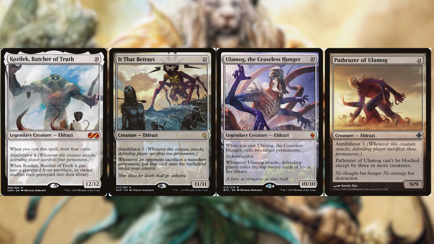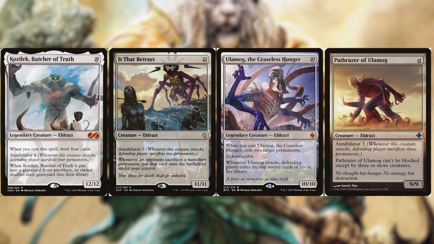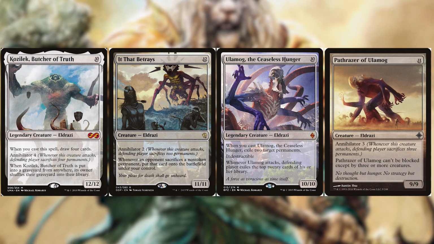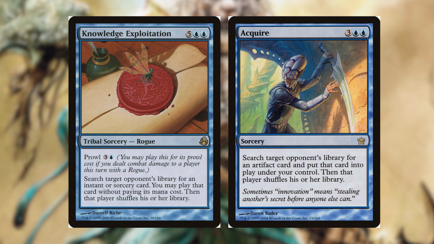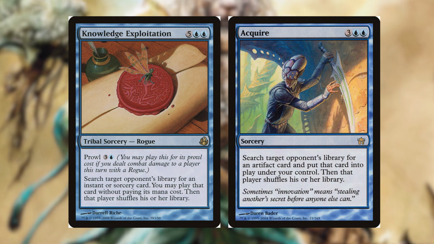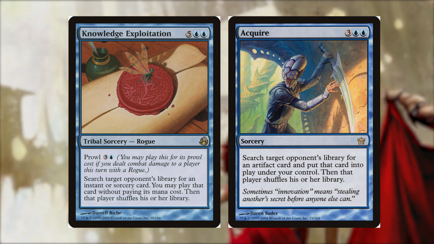It's indestructible, and when it attacks, the defending player exiles the top 20 cards of his or her library. This is a devastating card to have in the deck. We can even steal our opponent's cards with cards like Knowledge Exploitation and Acquire. We can search their library for an instant or sorcery, and then we can play that for free. If we're able to Cascade into these spells, that's even crazier, so it's like we're casting 2 spells for free